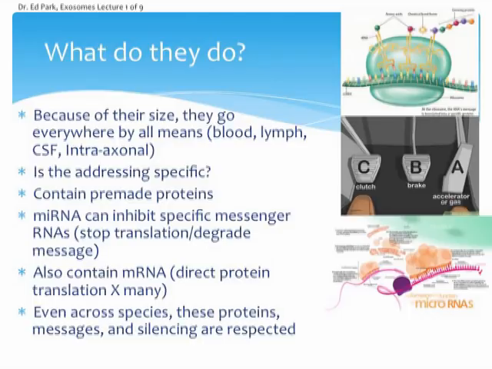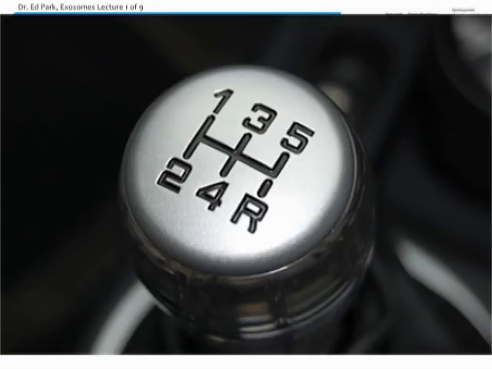It gums up on this particular sequence, so it has high specificity, and it will stop or prevent the translation. The microRNA cannot be fed through the ribosome. It cannot be translated, so it's a brake. And then finally, it has what we could consider, if you want to stretch the analogy, a clutch. In other words, the exosomes also contain messenger RNA, which can produce many proteins. So it's a way of upshifting and increasing the speed of the gears.